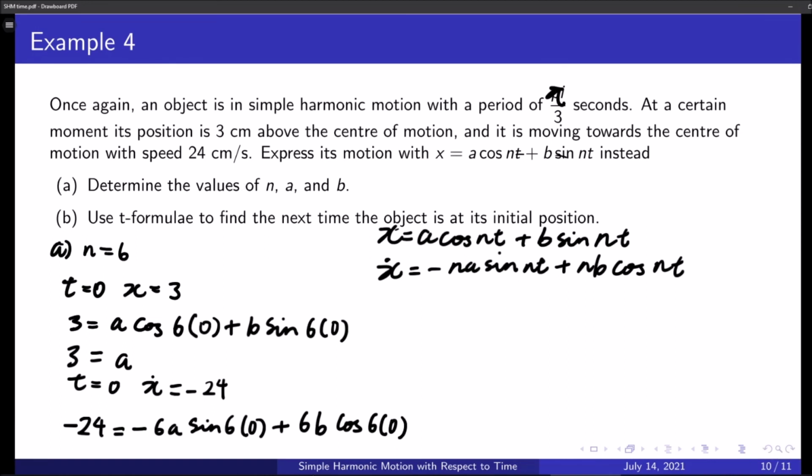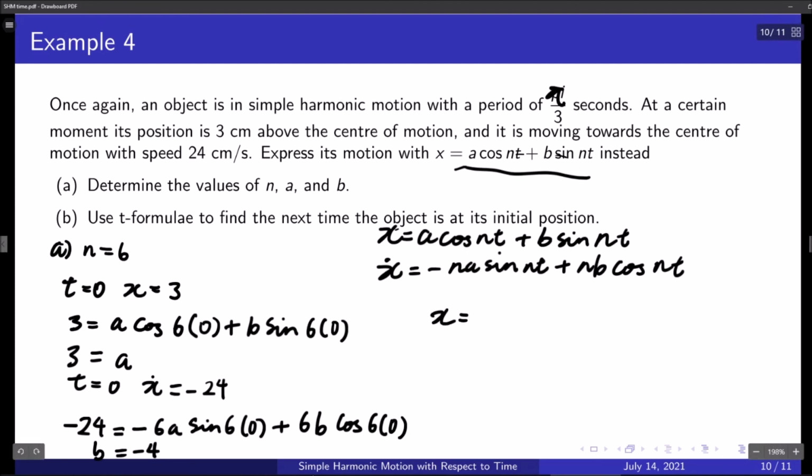Okay, as you can see here, sine 0, this part disappears, so all we end up with is just negative 24 equals 6B, so B equals negative 4. And to write everything in this format, we just end up with